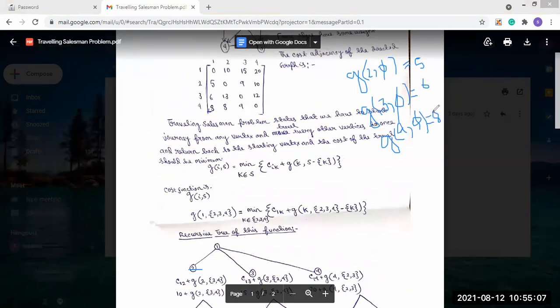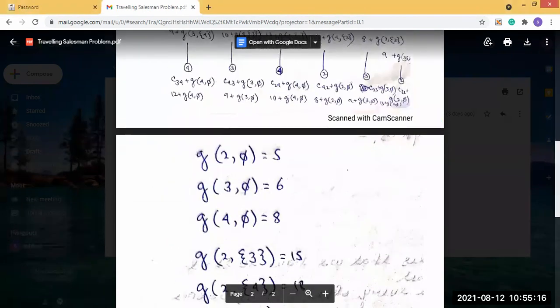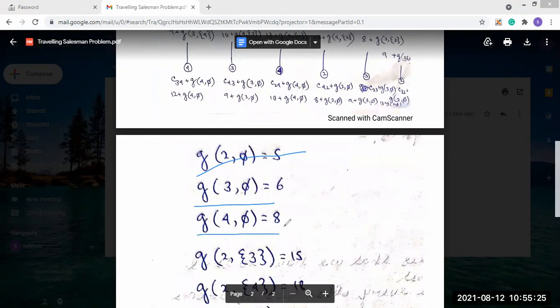Okay. So in the table, we have prepared the first format. No problem. Here you see that we have put the values for 2 to 1, then 3 to 1, and after that 4 to 1, the value is put as 8. So according to this cost adjacency matrix, we have put the values here. Then after that, what values do we have to put? We have already got the values here now.